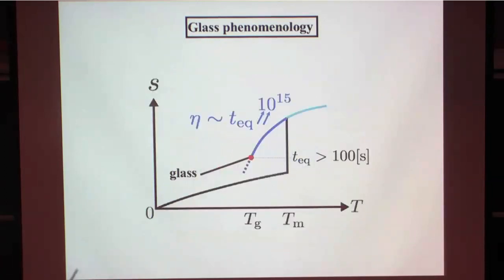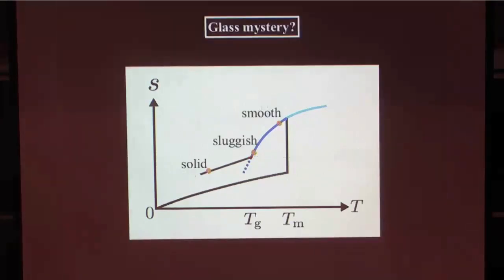And if you revisit the equilibrium state I've shown before, you have the liquid phase upstairs, and then you cool down, but the viscosity goes up. At some point, the equilibrium time scale is very long. So if you keep cooling the system at the same rate, at one point you fall out of equilibrium, and that's the glass state you see everywhere, like there and here. Okay. So that's the glass phenomenology. So why do we still talk about glasses these days? Isn't it pretty obvious how it works?